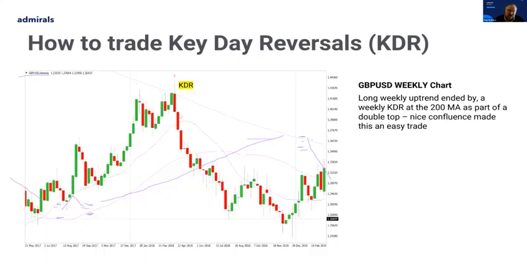Lots more examples. Here, once again, pound against the US dollar on the weekly chart. Get rid of all those drawings. And as I said, remember, we want these to finish a trend. There has to be a trend to end. It runs in here to the 200 period moving average. What do we have here? Price opens, it rallies to a new high, completely reverts, collapses and closes beneath the low of the previous candle. And what does it do? Bosh, it goes all the way down. That was a 6 to 9 month trend there. So as I said, it doesn't happen often, but when it does, you want to take notice.